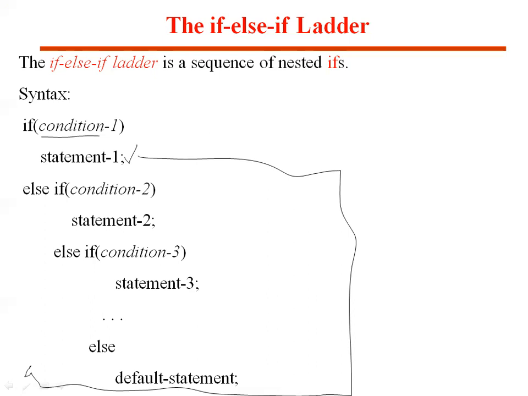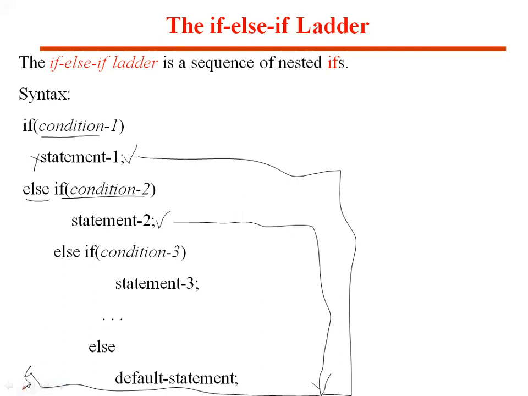If condition 1 is false, then it goes to the next else, the immediate else it follows. Okay. So again there is a second condition. If condition 2, it checks. If this is true, statement 2 is executed. Please remember, if condition 1 is false, statement 1 is skipped and directly control jumps to this else part here. Okay. So then condition 2 it tests. If condition 2 is true, statement 2 is executed. After executing this, the control directly jumps to the statement following the ladder.